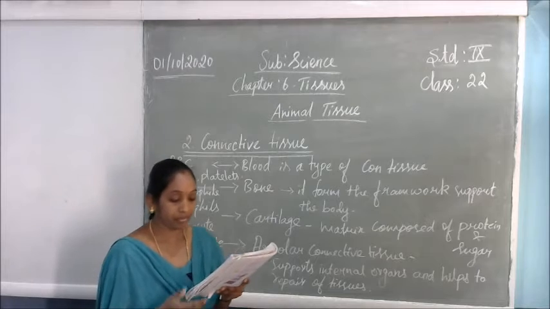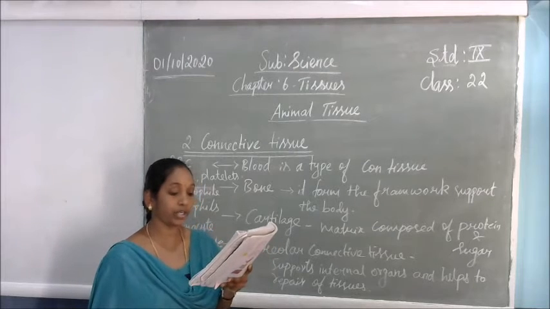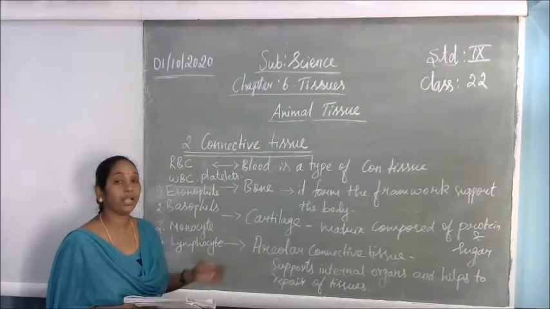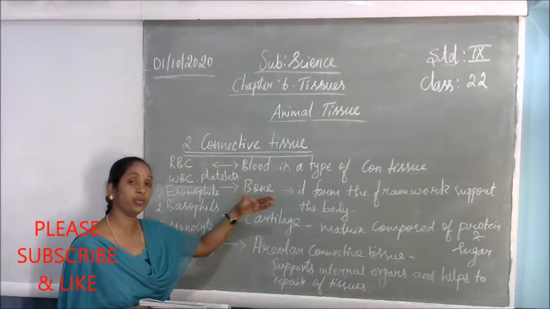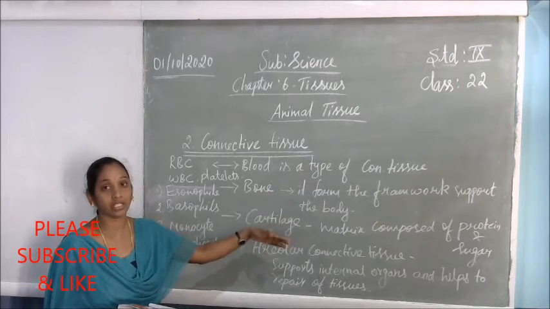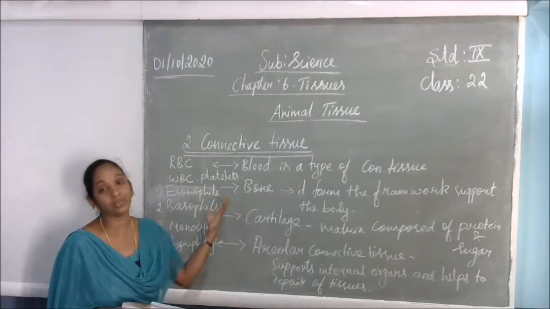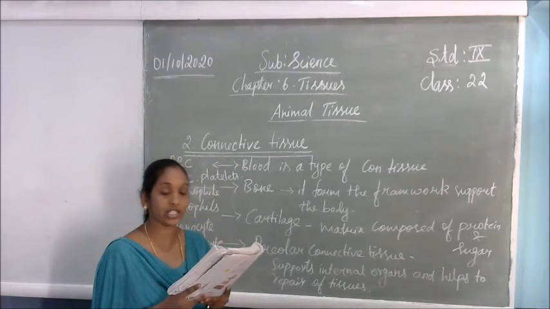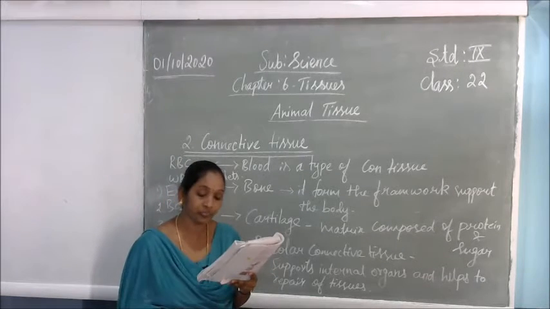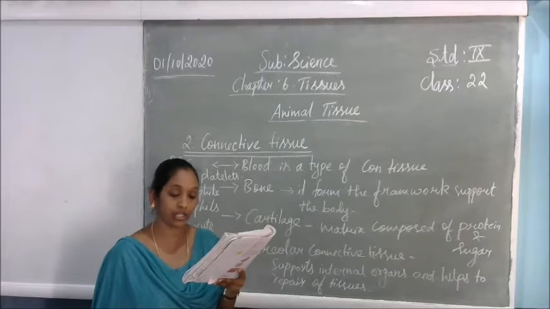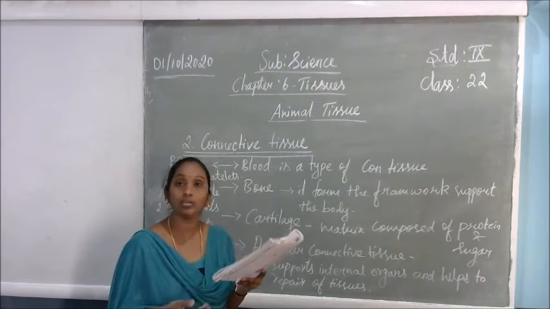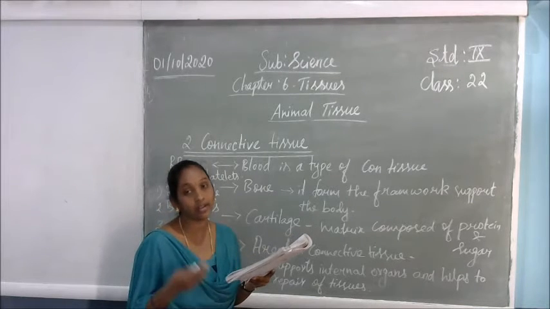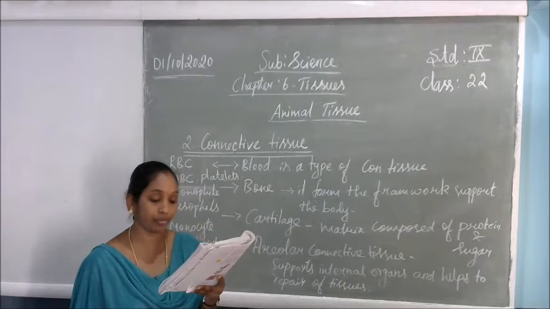Connective tissues. Blood is a type of connective tissue. Why would it be called a connective tissue? Why do we have to call blood a connective tissue? Because the blood flows to transport water, food, oxygen, and waste materials like enzymes, hormones, everything, from one part of the body to the other part of the body. That's why we call blood a connective tissue. A clue is provided in the introduction of this chapter. What does that mean? Why do we call blood a connective tissue? Because it transports oxygen, food, and other waste materials to the other parts of the body.